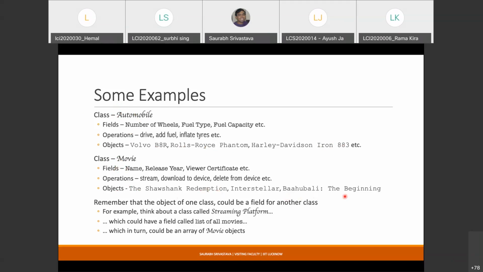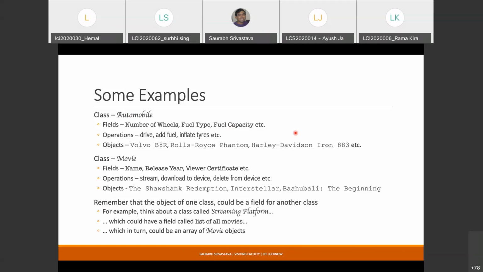Okay, they are basically the objects. This is the idea. When I say fields, a class, when I talk about an automobile, what are the typical things that I talk about? Whether it is a two wheeler, three wheeler, or four wheeler, what is the number of wheels in an automobile? Whether it runs on petrol or diesel or CNG or whatever it is. What is the fuel tank's capacity? How much fuel can you put in at one point of time, etc.? So essentially this is how I describe an automobile.